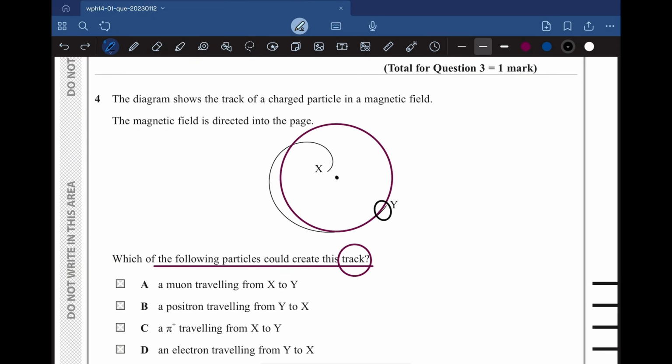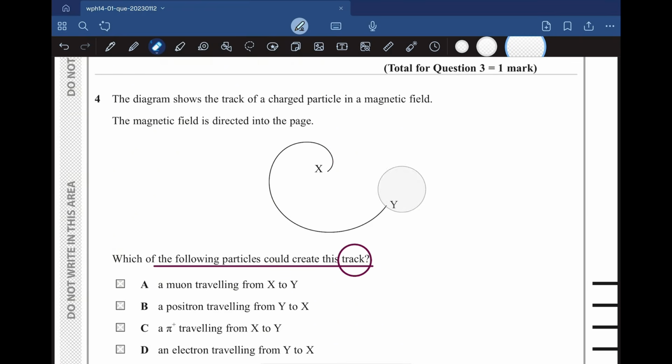Now at the end, in the direction of y, you can see the radius has become this small, or even that small actually. So now the radius has become even smaller. Basically the radius has decreased as it has moved from y to x. So as the radius has decreased, we can say it has moved from y to x,